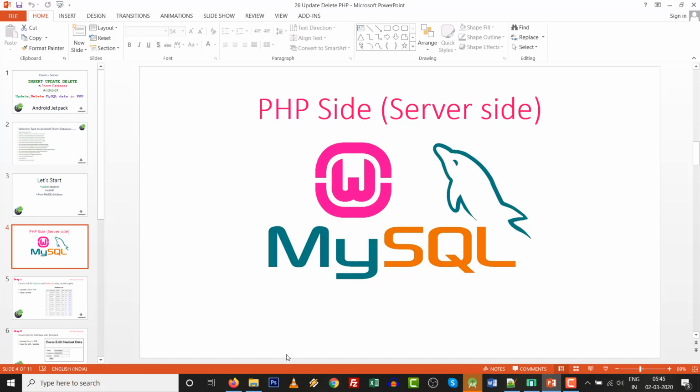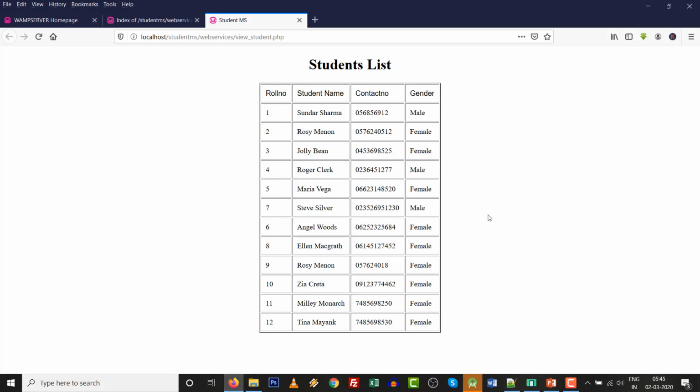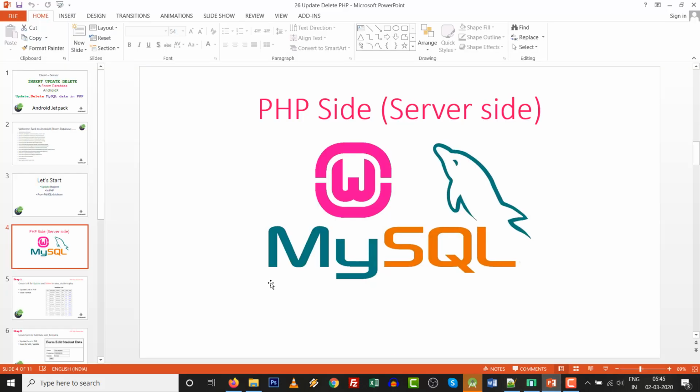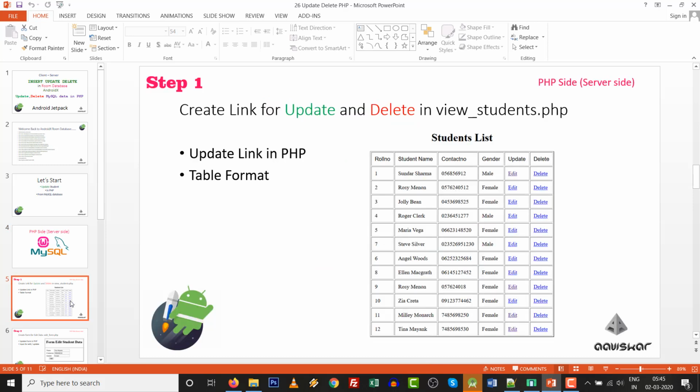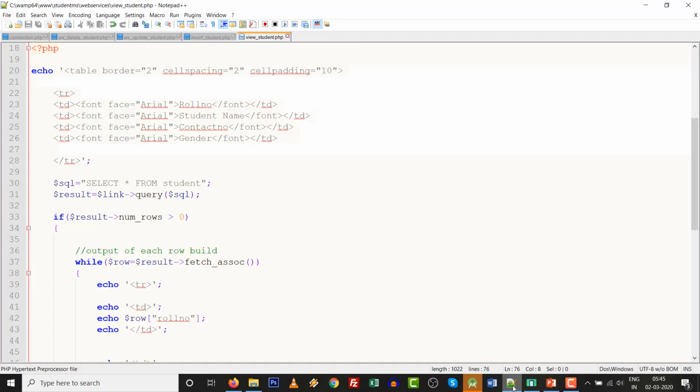So on the last output, it was the roll number, student name, contact number and gender. We need to add an edit button, and after that we are going to edit certain values of the student. So step number 1, create a link for update and delete in view students.php. So, update link in PHP. Starting with the update one, go to our view